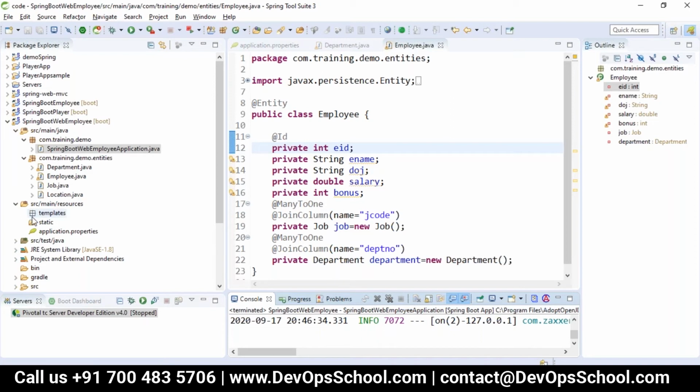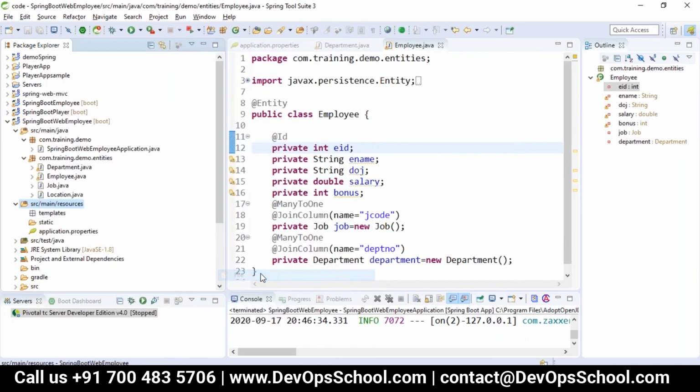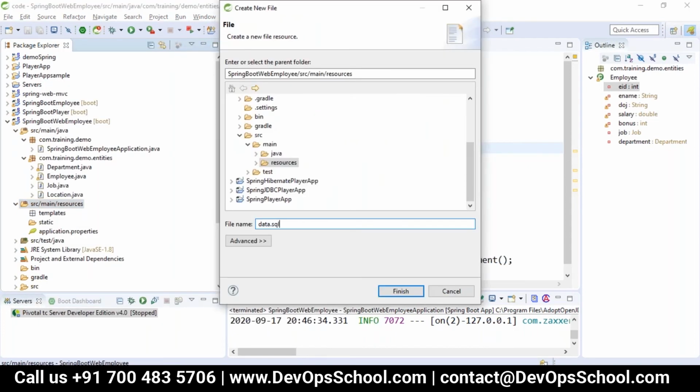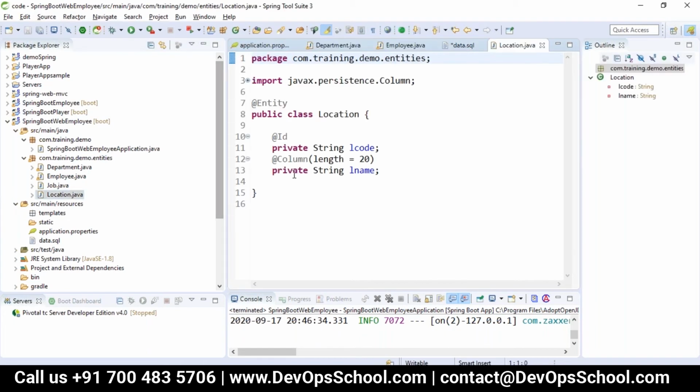You can insert the records also. In the src main resources, you can create a new file called data.sql. Here we can write any SQL statements you want, which is insert into location values, where L code is a string.